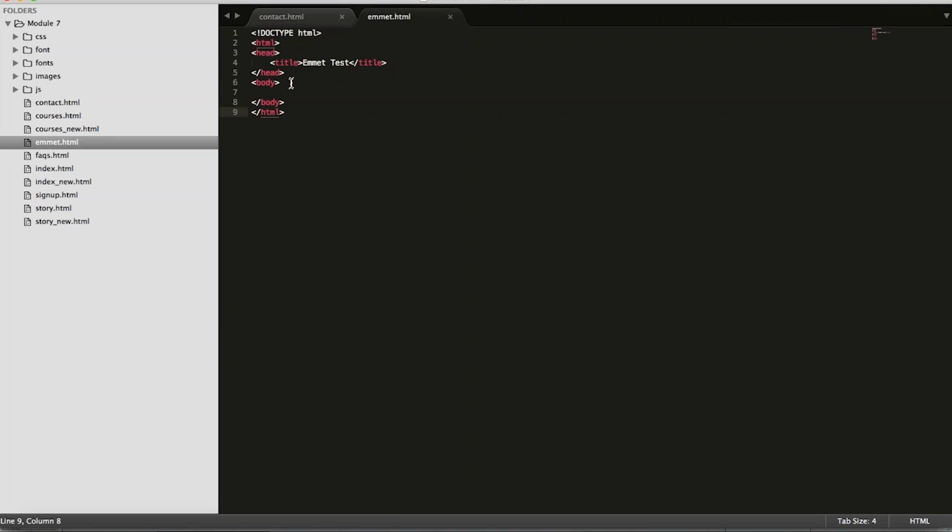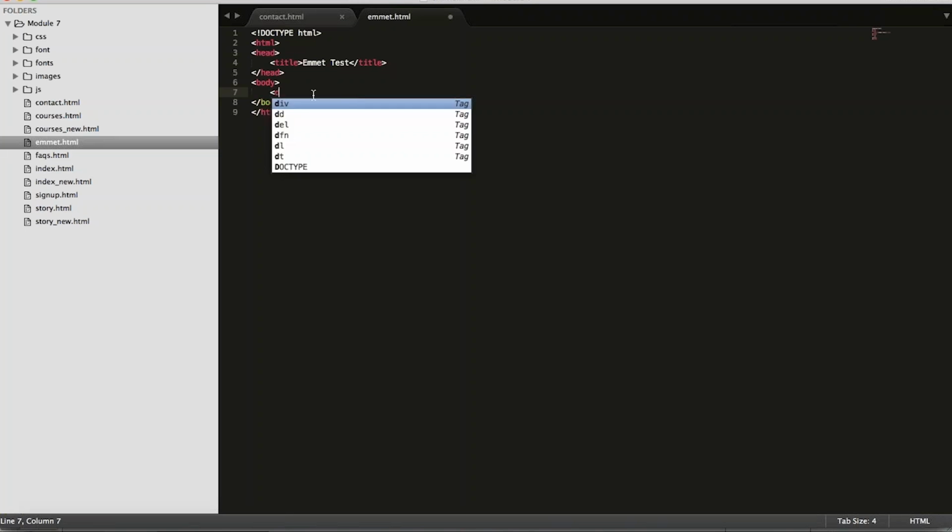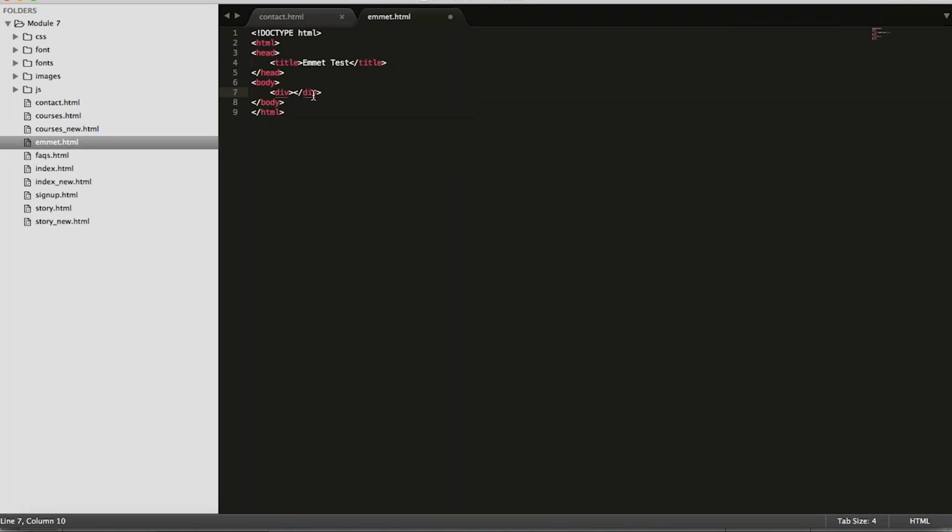So let's say a normal working guy, a good experienced guy, or a trainer or a college guy needs to create an li. Li is a list item. So let's say he needs to create a div. Div is the container element which has a ul.